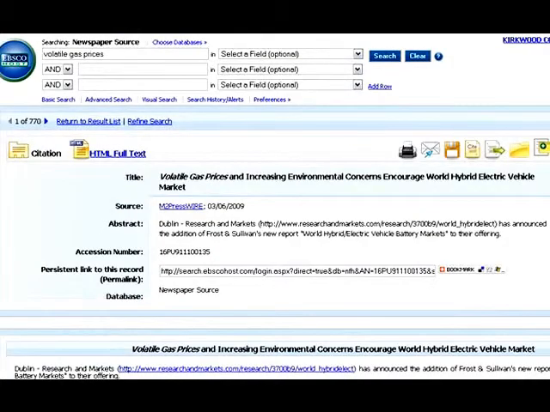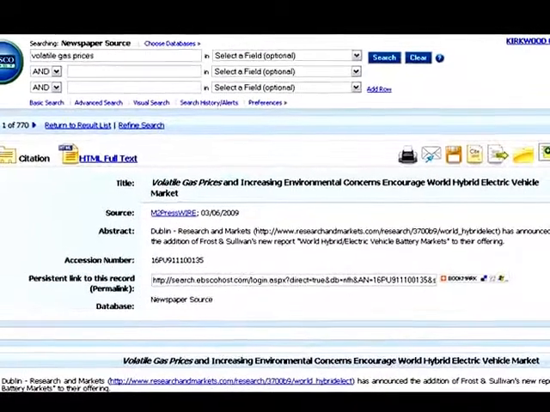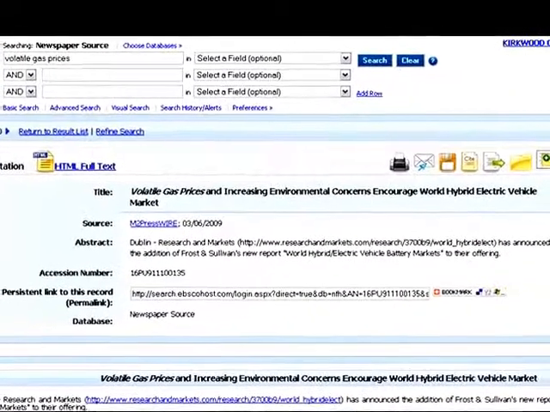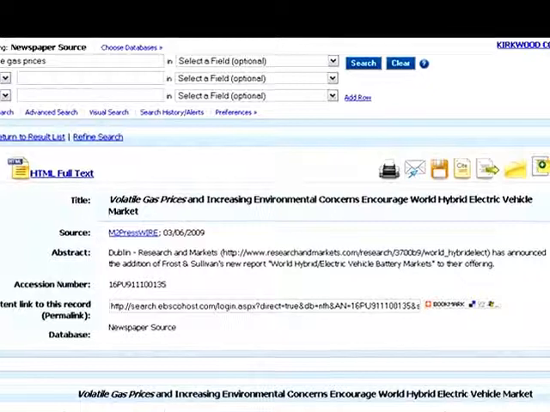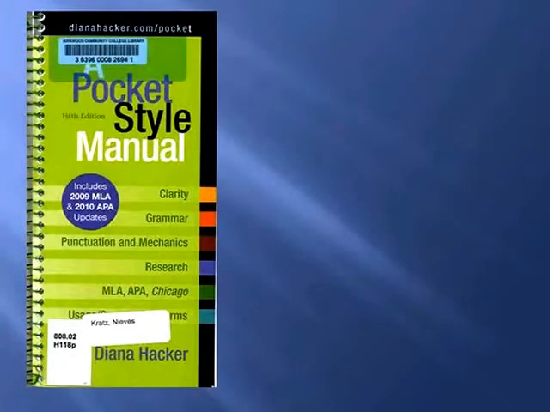One final note: when citing an article from an online database such as EBSCOhost, you will follow a citation pattern specific to articles found in subscription databases, which combines the pattern for an article with the pattern for a website. Remember to refer